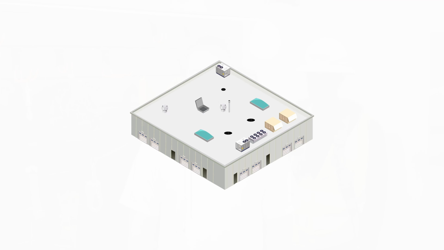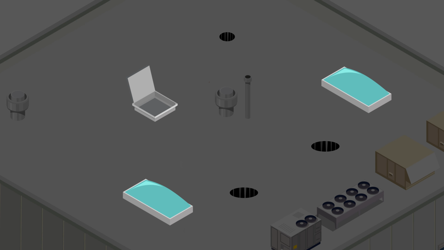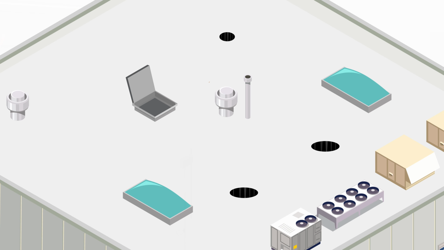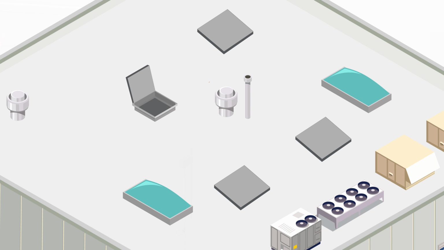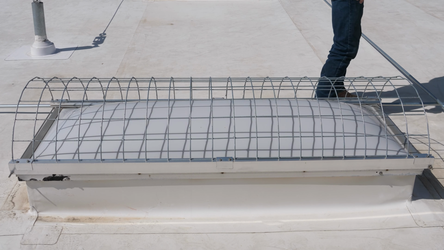Openings. Check for any holes or openings on the rooftop larger than 2 inches. These represent fall hazards according to OSHA standards. Anything smaller than that should be covered by a barrier. Unprotected skylights are also considered an opening in the roof and should be protected either with a skylight screen or